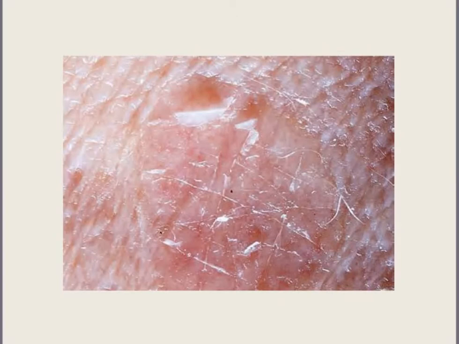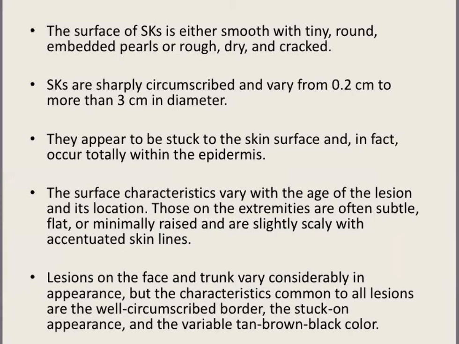And the surface is dry, scaly, cracked, with increased skin markings. The color يعني slightly brown, skin colored. The lesion is flat or slightly raised. Again, this is usually seen on the extremities, but this is not the classical or typical picture of SEPK. هسه راح نشوف the typical picture of SEPK, usually on the face and the trunk. So on the face and trunk,